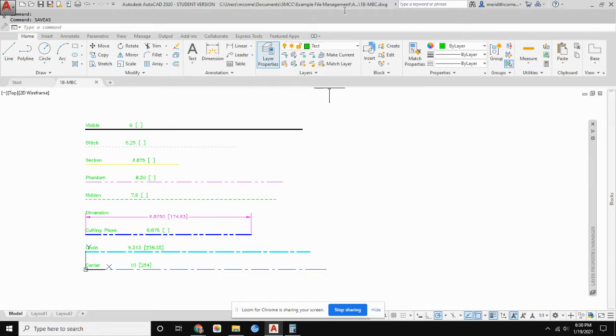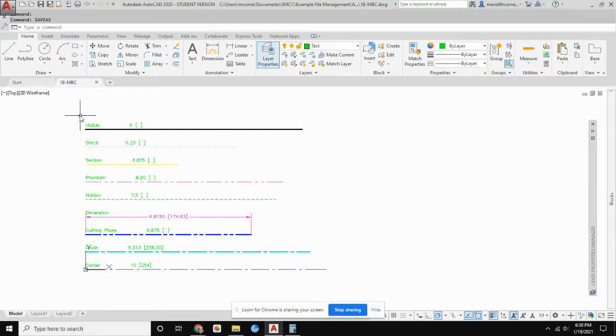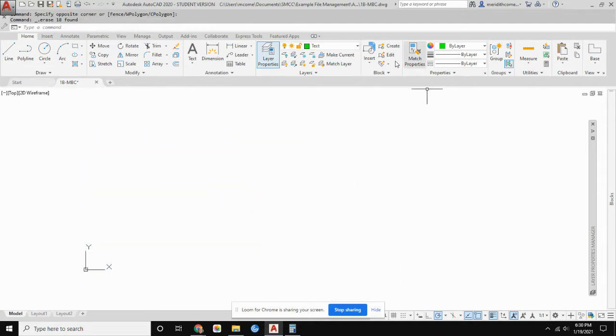Once you've done that, you now have a second version basically of that drawing file, but it's been renamed, and all the layers that you originally created are in there. So I'm going to erase what we have here for line work, and we're going to switch to the 0 layer, and we're going to insert